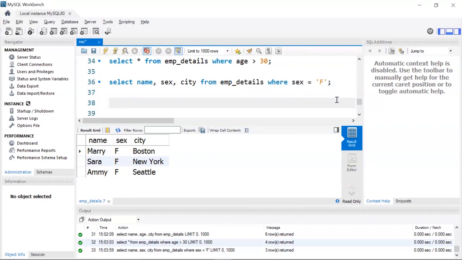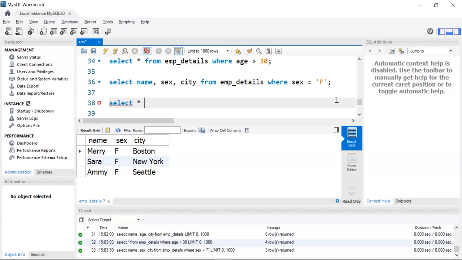Now suppose you want to find the details of the employees who belong to Chicago or Austin. In this case, you can use the OR operator. Now the OR operator in SQL displays a record if any of the conditions separated by OR is true. So let me show you what I mean. Since I want the employees who are from Chicago and Austin, I can use an OR operator.